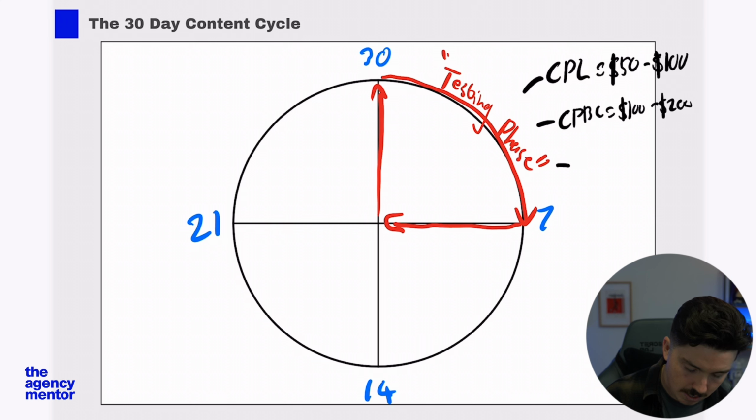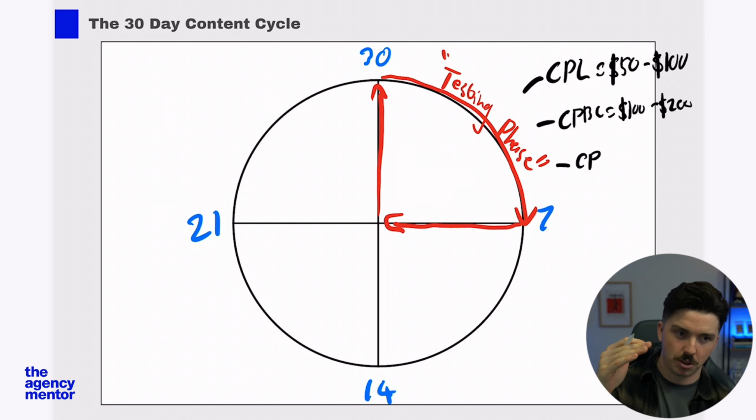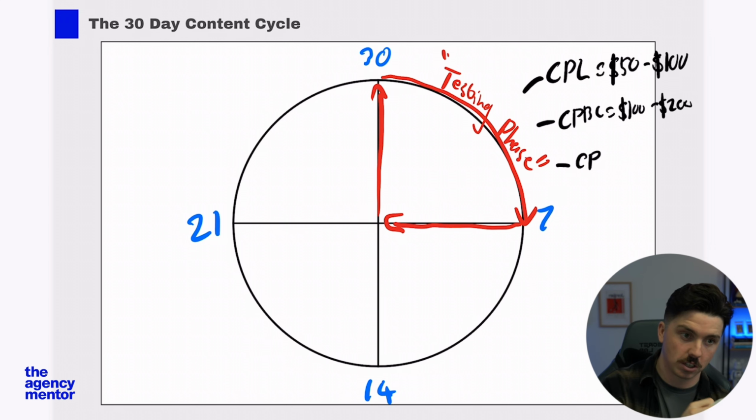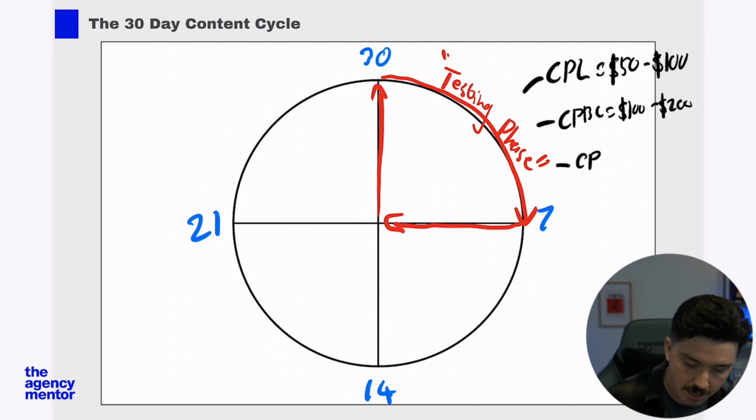per booked call. And then you have your cost per live call, which is your triage call. Then you have your drop-off rate to cost per strategy call. Then you have your drop-off rate for the strategy call to offer, and then the offer to close. So there are so many different drop-off rates in between cost per booked call and cost per close. And then, I'm just going to skip a couple steps,